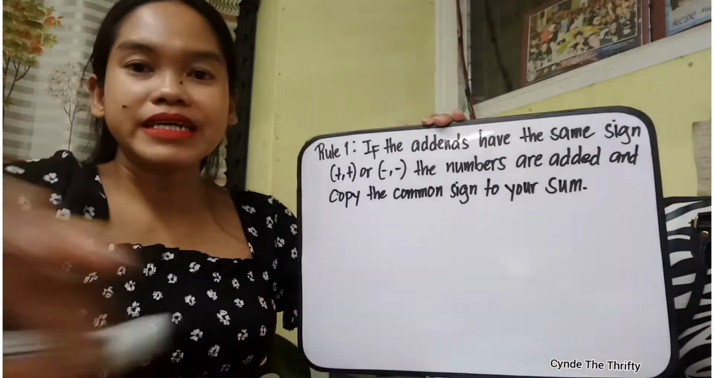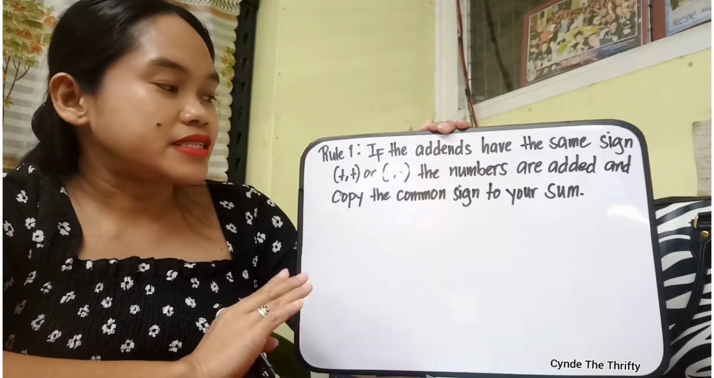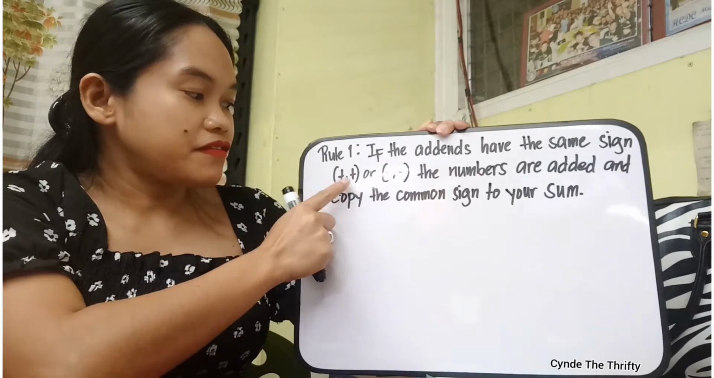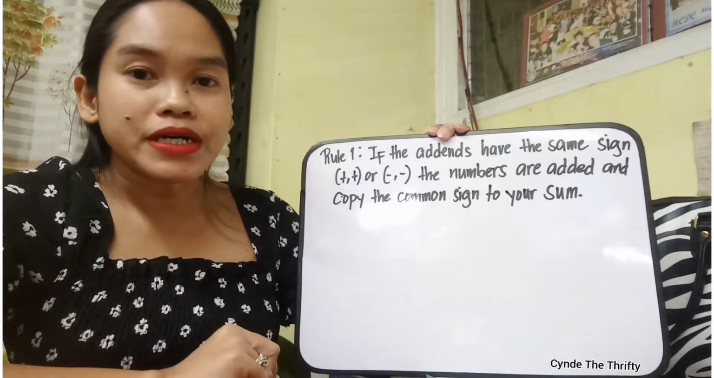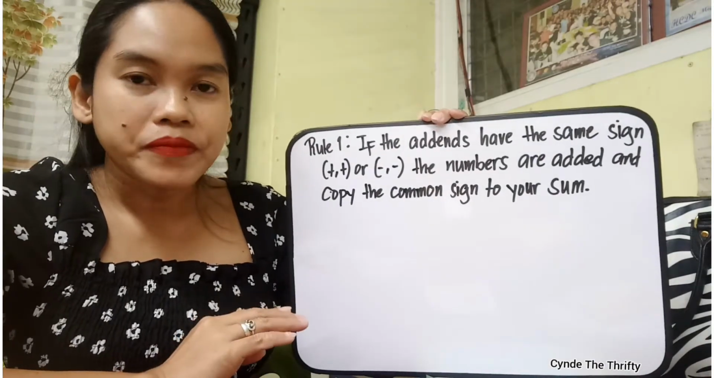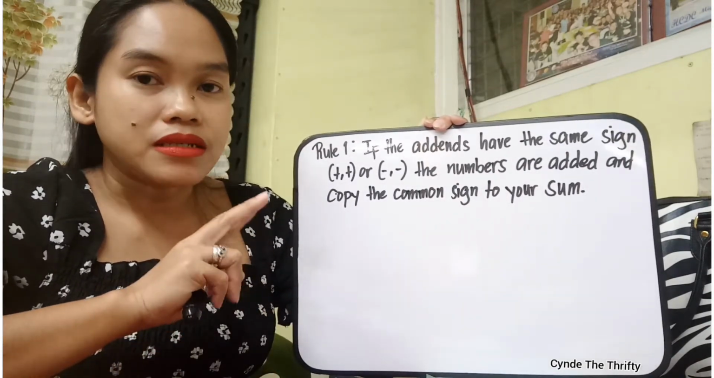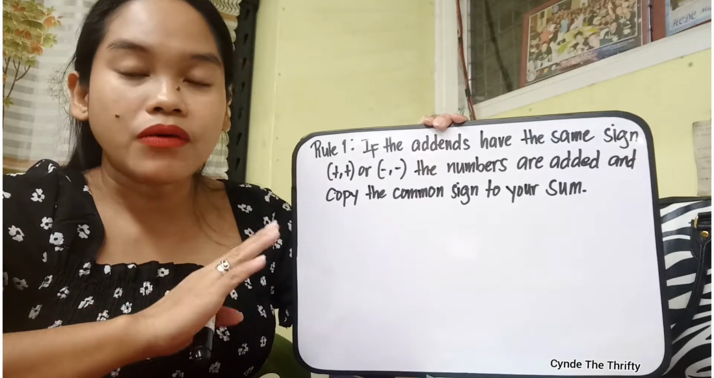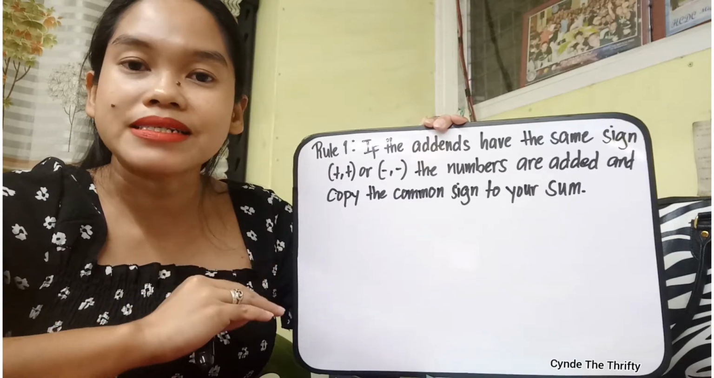And speaking of rules, we have two rules in adding integers. So the first rule is if the addends have the same sign, whether it is positive and positive or negative and negative, the numbers are added and copy the common sign to your sum. Ibig sabihin, kapag ang addends mo ay magkapareho yung sign, whether it is positive ba sila pareho or negative sila pareho, ang gagawin mo is i-add mo lang yung number and then copy mo yung common sign sa iyong sum